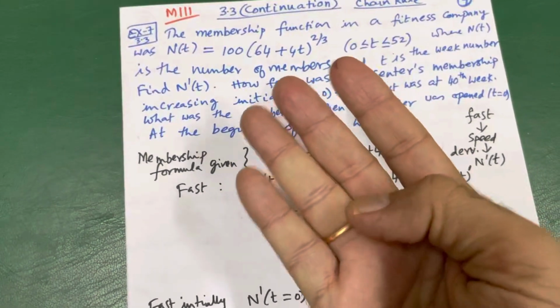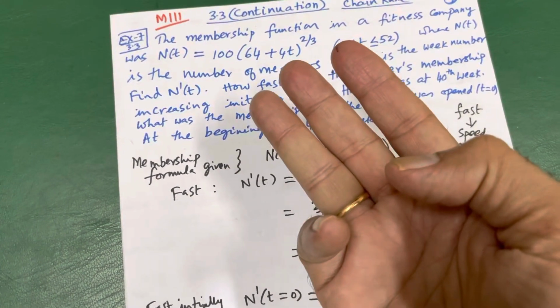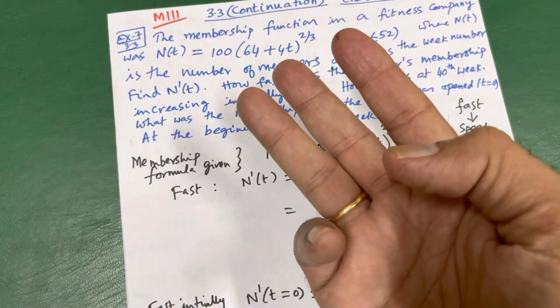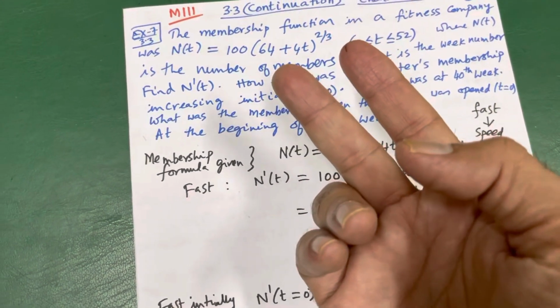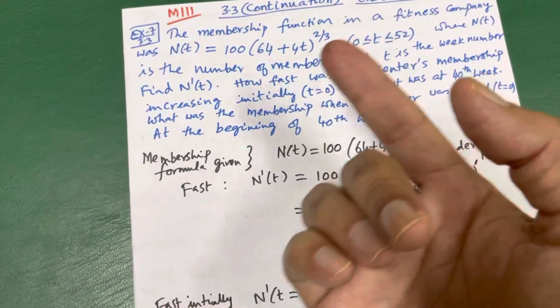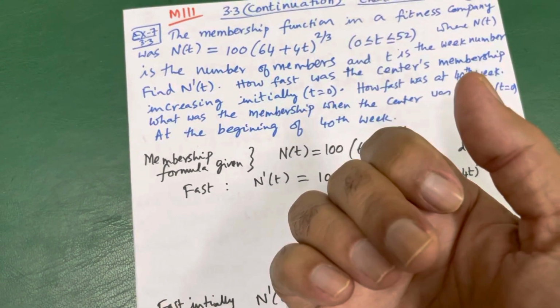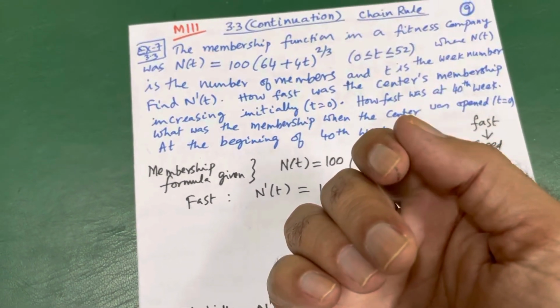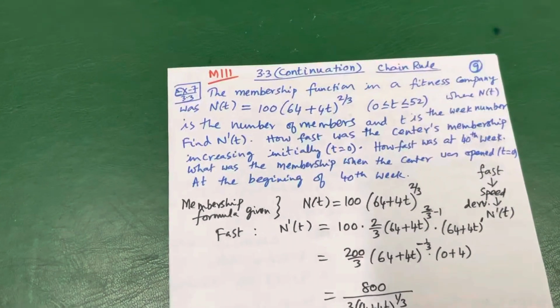What are the four formulas you have? One is the direct formula, n into x power n minus 1. Another is the product rule, f multiply g. Another is the quotient rule, f divided by g. And the fourth one is the chain rule, n u power n minus 1 multiply u prime.